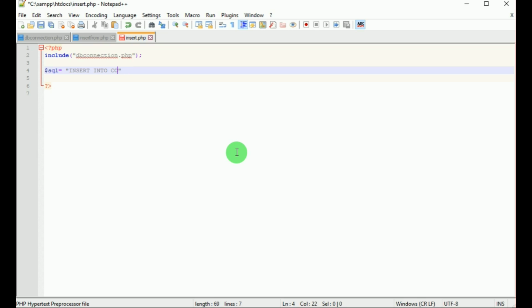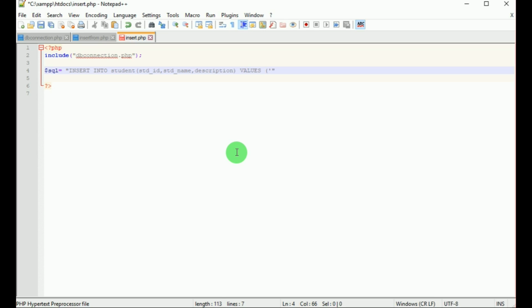Let's write the insert command, that is insert into student, that is the table name of the database, student, and the attribute names std_id, std_name, and description. These names should be written as they are in the database.